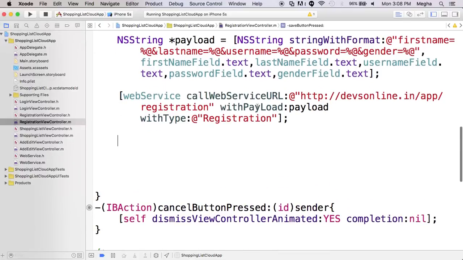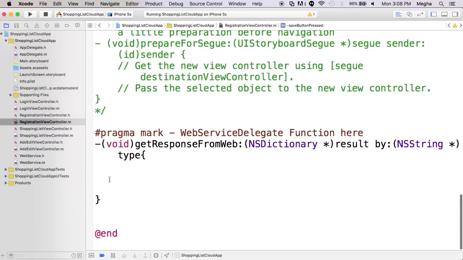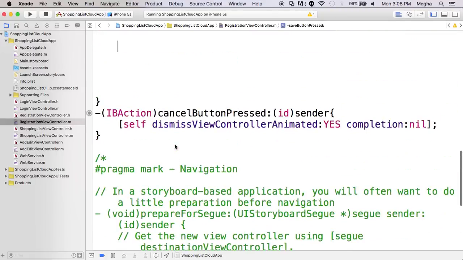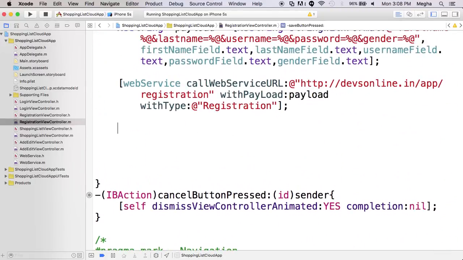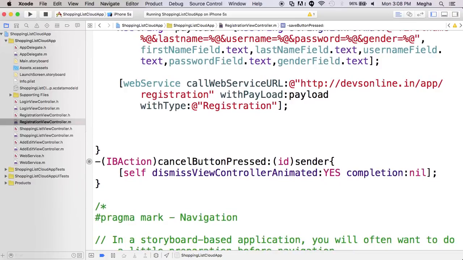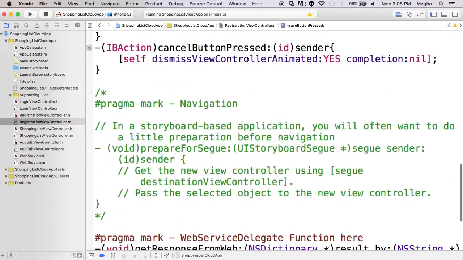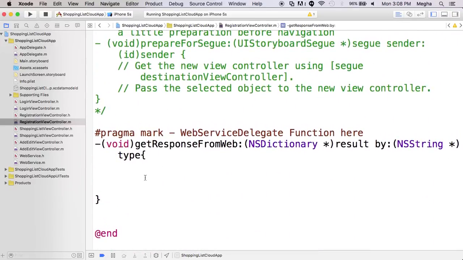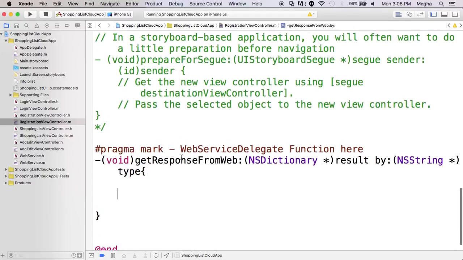So when you make the call to the web service URL with the payload you sent, you may expect a response coming at this point. Based on the response, we have to decide what has to be done: let the user go back to the login screen, or put up a dialog or something so that it can be handled that way. It looks like I may need some sort of warning windows as well. Okay, we'll first check if